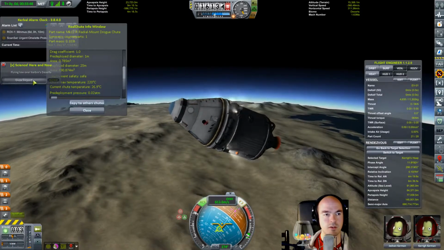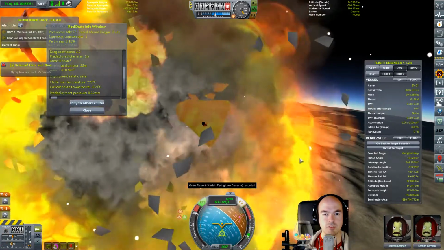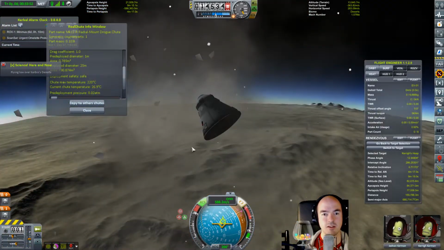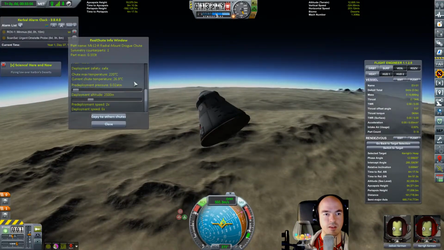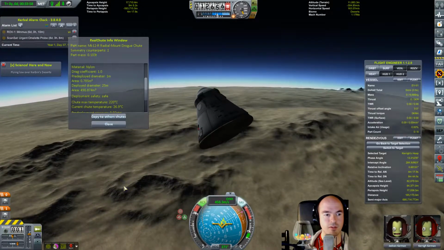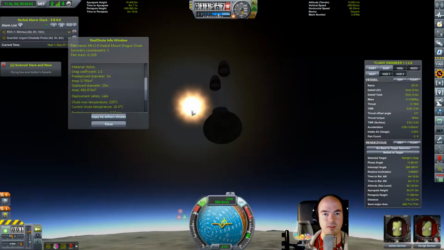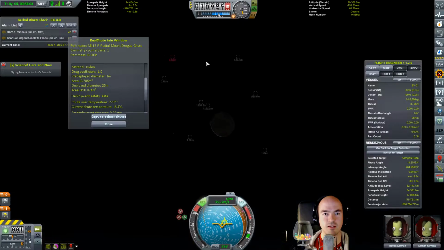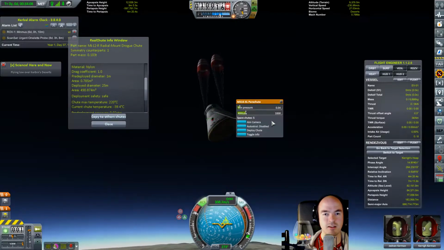There we go. Get a crew report. Get that. Oh god. Decouple. Whew. That was lucky. These are now safe to deploy, so deploy them. That was... yeah, we've deployed them in...